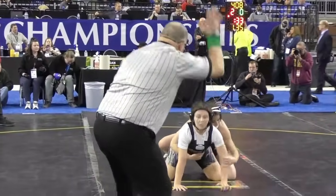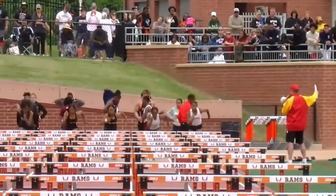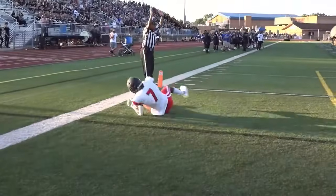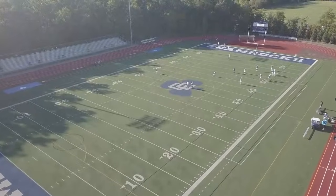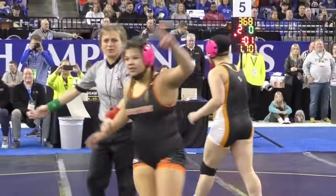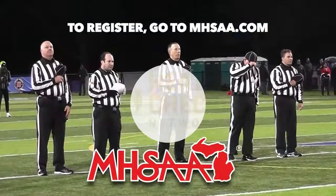Every high school sporting event in the state of Michigan has one thing in common: officials. Every game, every meet, every match. Without officials, there'd be no touchdowns, no three-pointers, no face-offs. Without officials, there'd be no games. Officiating is a great way to give back to your community and stay involved with the sports you love. And officials are needed now more than ever, because without officials, it's just...